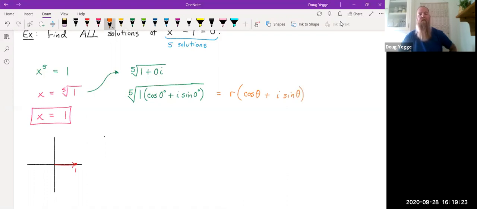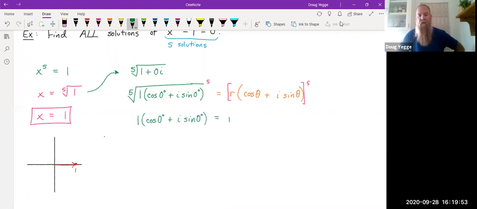And therefore, if I'm trying to find all the fifth roots of that complex number, then that must mean that I can raise both sides to the power of 5. And therefore, from DeMoivre's theorem, this demonstrates that 1 times cosine of 0 degrees plus i times sine of 0 degrees